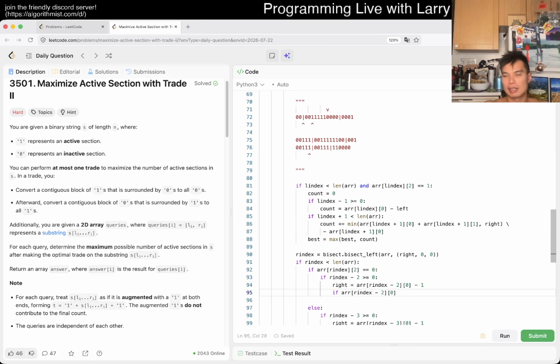If this is greater than or equal to left, then maybe we have to do it from this to the old right first. Okay, so then now the current right is equal to r index minus 2 of 0, so that's the thing, plus,